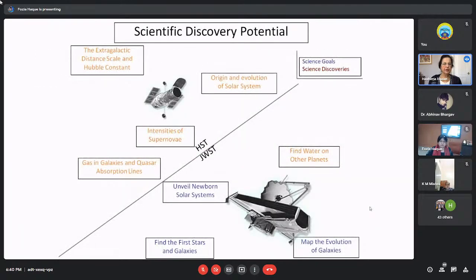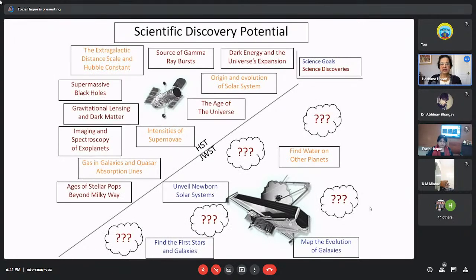And so I'd like to leave you with a final thought of what will be the real scientific discovery potential of Webb. So on the top of the diagram are the 4 science questions that Hubble had been designed for. And in the lower part of the diagram are the 4 science goals that Webb had been designed for. If we go to the next slide, you will see that